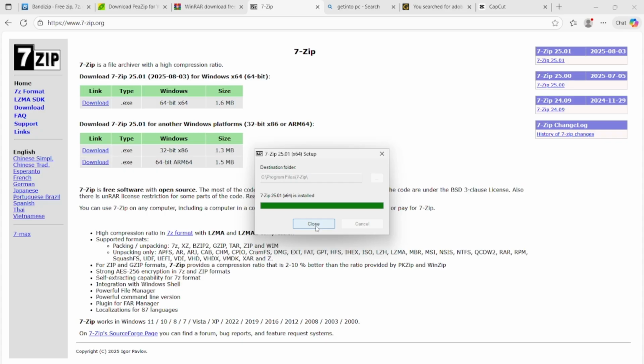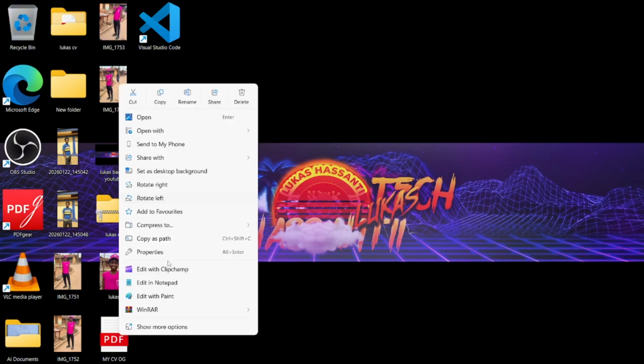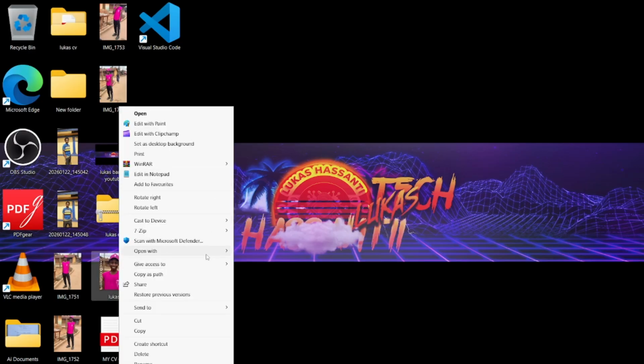Of course, here install it like this, click install, and your 7zip is already installed. So close, and let's use 7zip to zip our file now, the same way we did for Windows Explorer. Right click, this time we are using a picture. Right click your favorite picture or file or folder, show more options because this is Windows 11, and go to